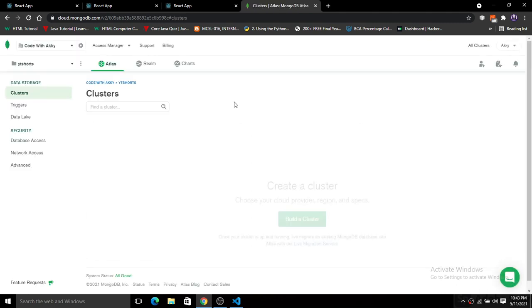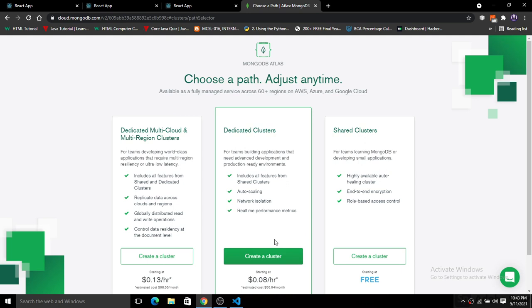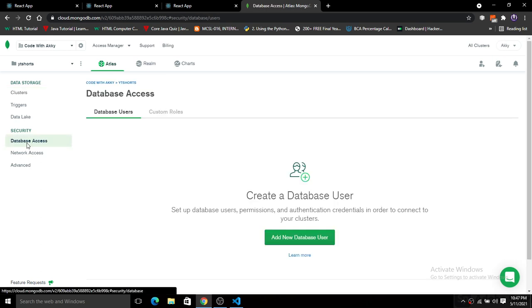It just takes time to set up your cluster, or the server. It takes 5 to 10 minutes to build a cluster. So let's click on build a cluster here. For this cluster, we create a free one, because we are going to use the free shared clusters we have. It takes approximately 5 to 10 minutes to create the cluster. So while the cluster is being created, now let's